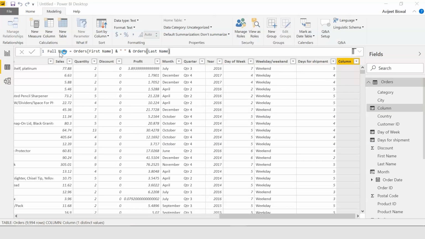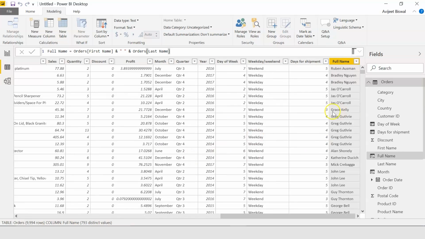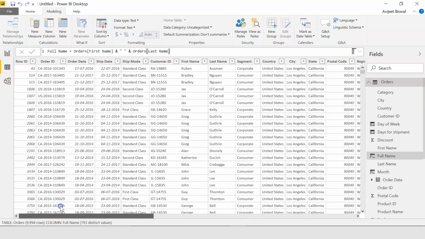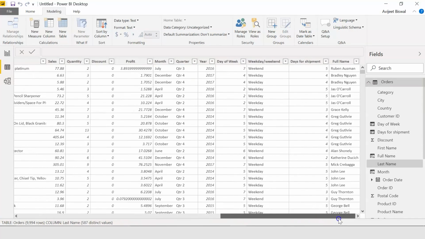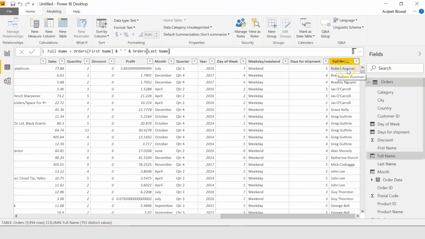I hit enter. You can see we have a full name column. If you go back, so there were 2 columns in the name of first name and last name. Now we have merged both the columns into a single column named full name, and you can see the first name, space and a last name.